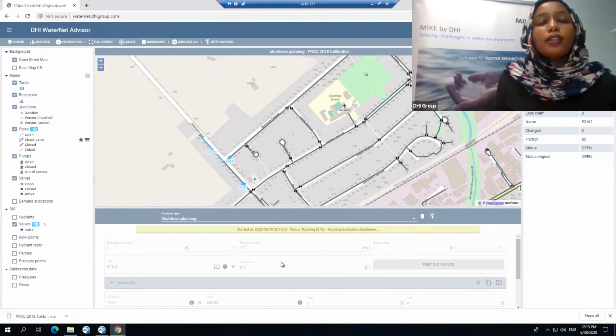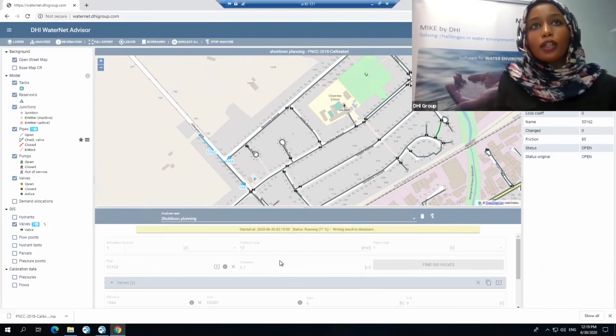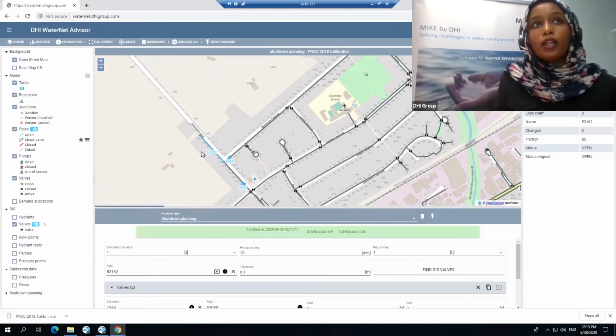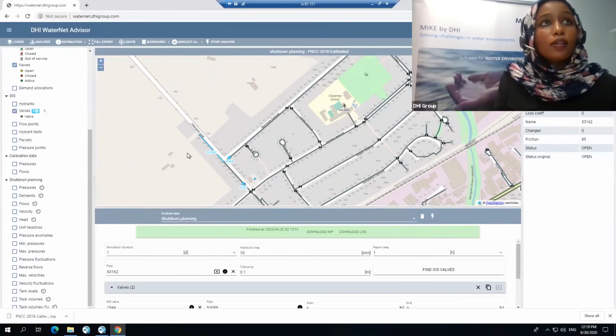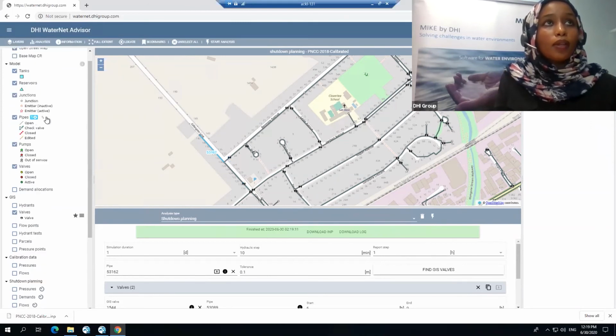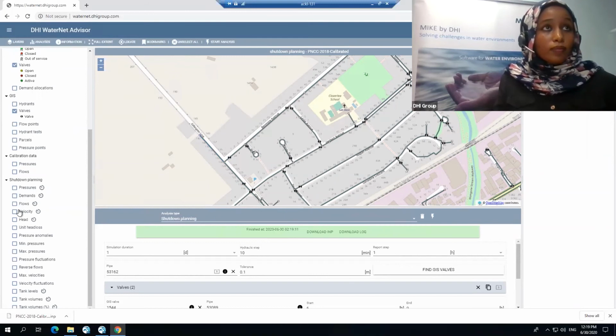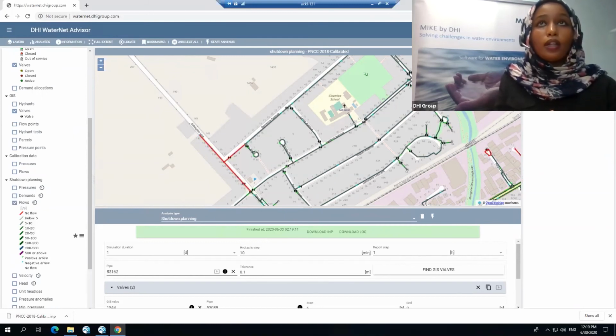What this is doing really, it's running basically a hydraulic simulation, but based on the while this pipe is being closed. And then it shows you the impact on the network. So it created a new results, a bunch of result layers, and it's quite similar to the one that we had for the normal hydraulic simulation. So if we unselect those valves and the pipe as well, you can click on flow and